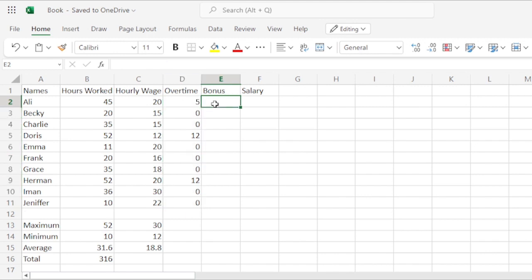Now let's calculate their bonus. So bonus is for employees who have worked overtime hours. And we can simply calculate it by starting with an equals sign. So we're going to give half of their hourly wages for the overtime that they have worked on top of their salary. So 0.5, half of their hourly wage, which is 20 for Ellie,